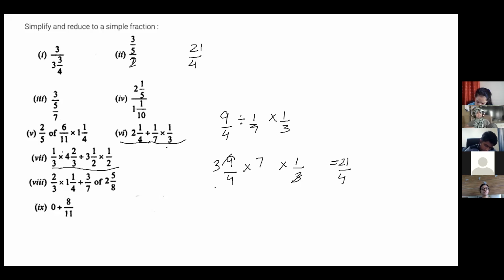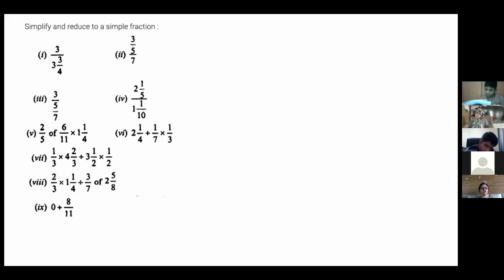So here also you have division. So first you have to solve the division. So do the reciprocal. Muhammadi, is it clear to you how we are doing multiplication and division of fractions? Sixth one answer is 21 upon 4, no? Yes, 21 upon 4. Ma'am, is it divide or plus? It is divide. No plus is there.